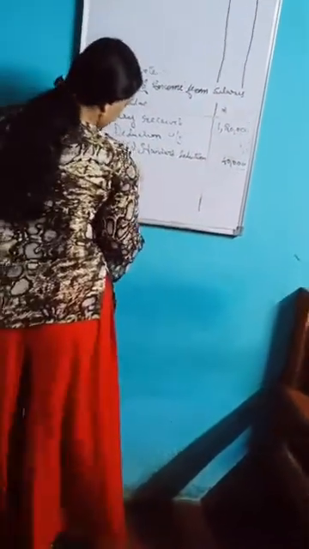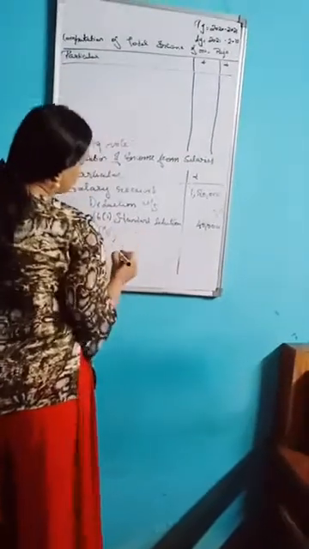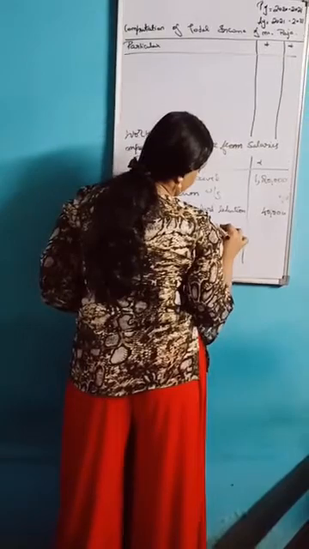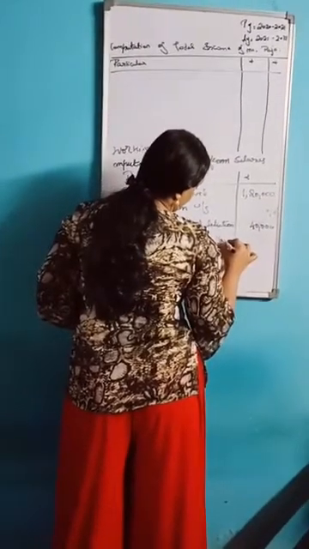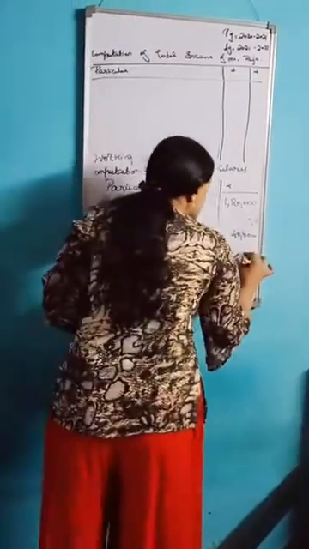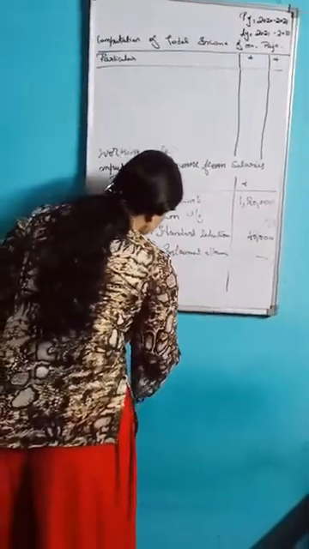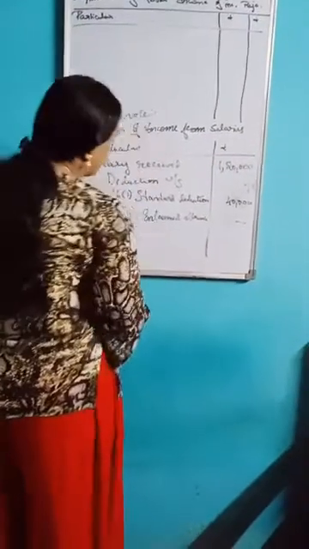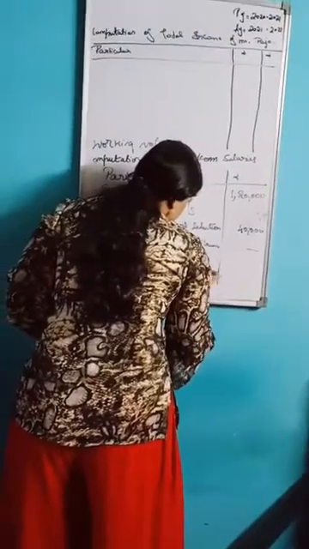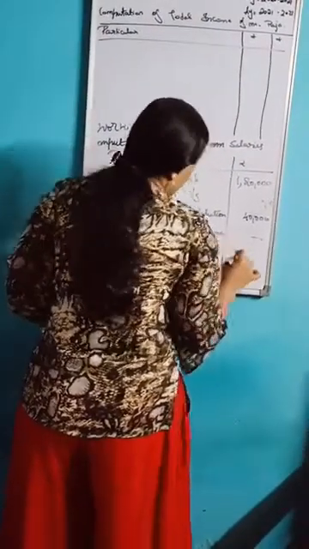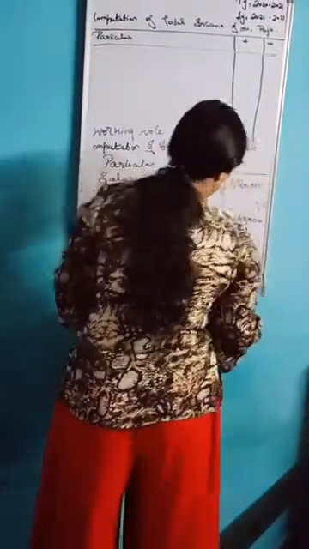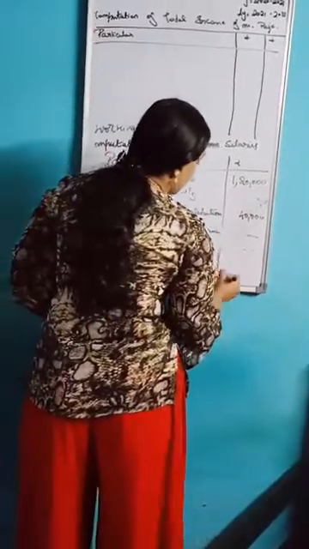Next, 16 subsection 2, that is entertainment allowance. In the question they did not mention any entertainment allowance, so nil. Next, 16 subsection 3, that is professional tax. In the question they did not mention any professional tax, so nil. Okay, and minus it,